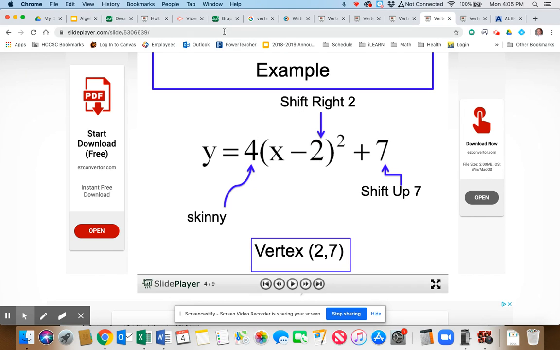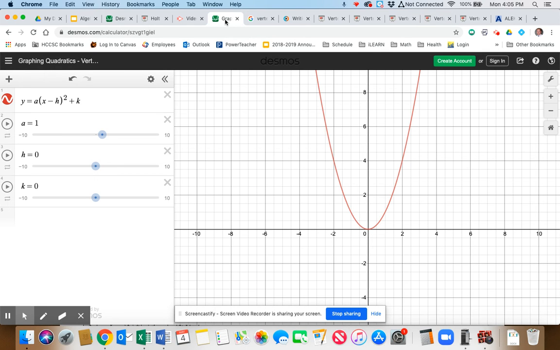So let's go ahead and look at the graph of a function. Let me help you see visually what I'm talking about. This function here is your basic function. And what happens when this a value becomes bigger than 1, do you remember what will happen? Yeah, it makes it skinnier. And if it's between 0 and 1, it makes it wider. And if it becomes less than 1, what will happen? If it becomes a negative number in the front,